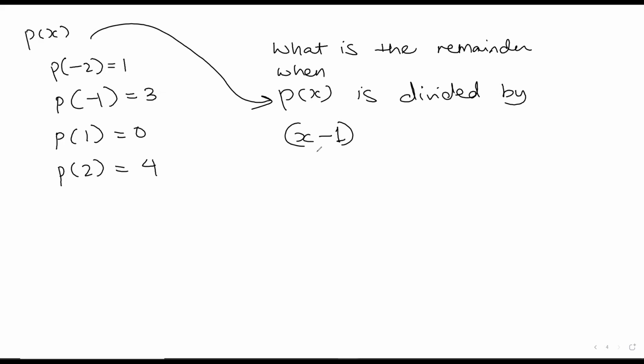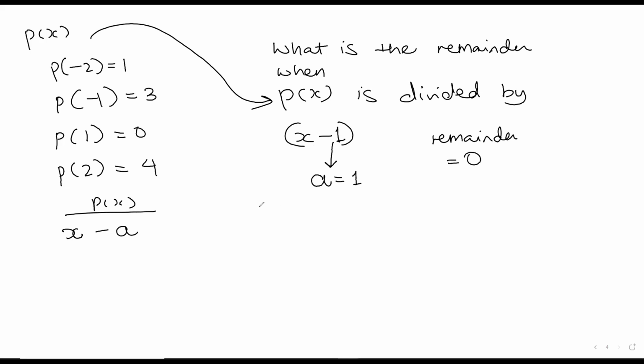Hamna, can you take a look at this and tell me, what is a equal to? Minus 1. Okay, see, whenever we talk about P of x divided by x minus a, this is where we make a mistake a lot of the times, so be careful about this. So a is equal to 1. Hamna, would you like to change your answer? Ma'am, 0. Very good. So the remainder is 0.